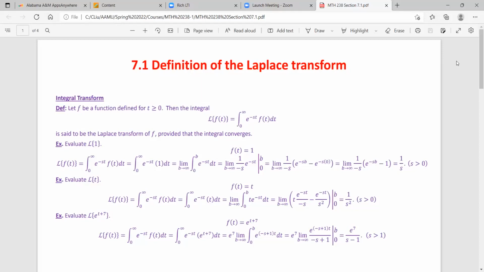So what do you do? Just plug in 0 for t, but you have to put a negative sign in front, and we use again e to the 0 is 1. When you multiply s with 0, you get 0. Okay, so